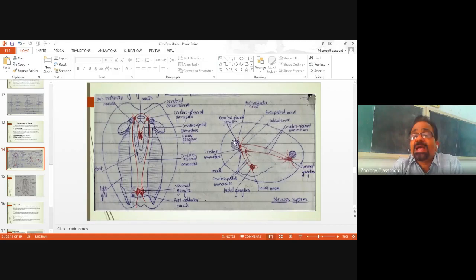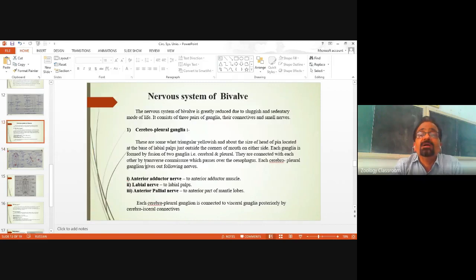This is the location of the anterior adductor muscle. This is the location of the posterior adductor muscle, and here you will find on either side a pair of cerebropleural ganglia. This is cerebropleural one, and this is another cerebropleural ganglia. Here you will find the location. Okay, cerebropleural ganglia. So these are somewhat triangular, yellowish,